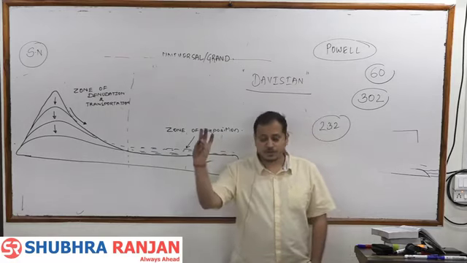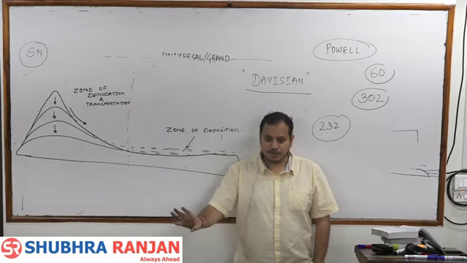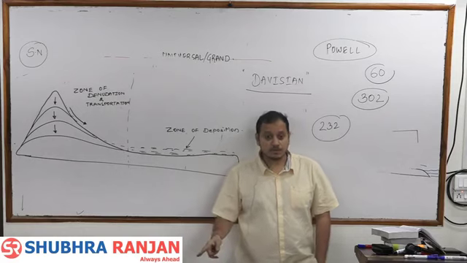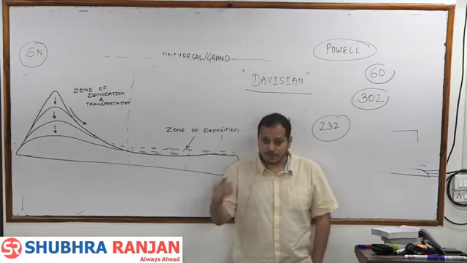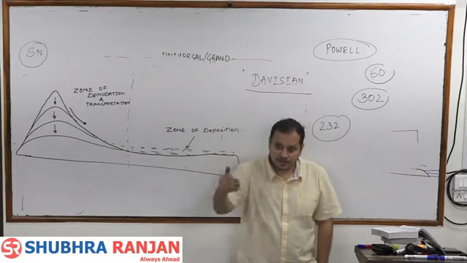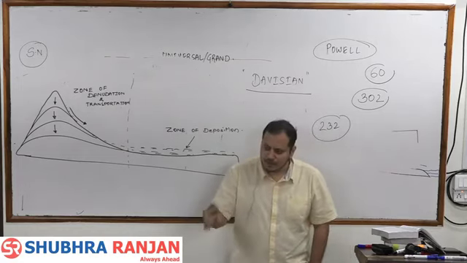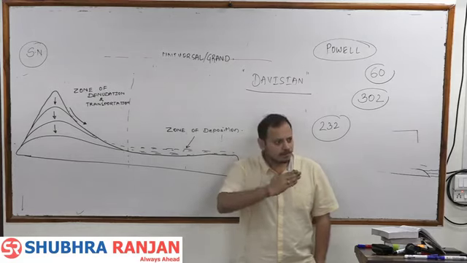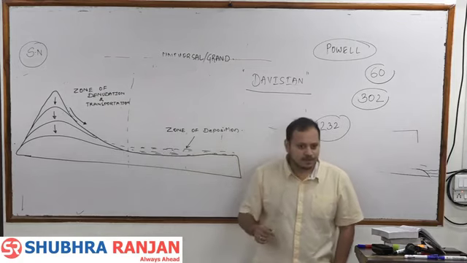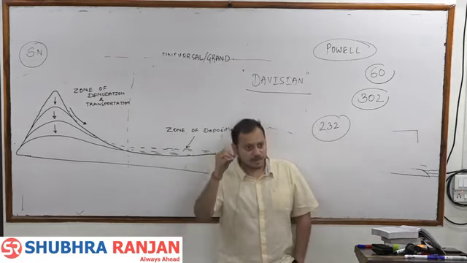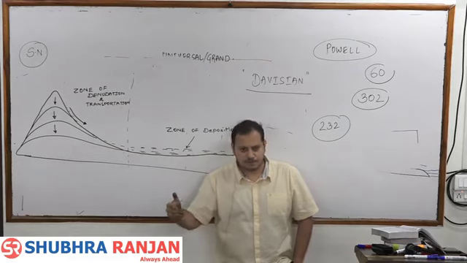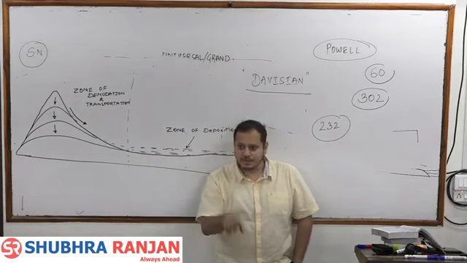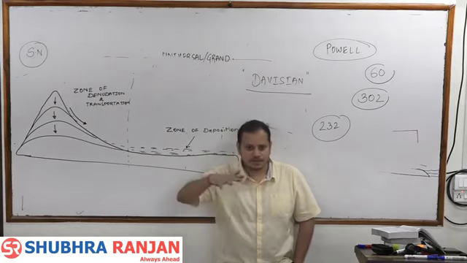If you ask Davis, out of structure, process and time, what do you rate as most important? Davis says time. Every landform will be reduced. Subsequent geomorphologists say time is not an important concept because continents themselves will keep on shifting their position. Right now also, as our lecture is going on, this year we discovered in January itself that Earth's magnetic field is shifting. Why is the magnetic field shifting? Wait for 2-3 lectures. Magnetic field is shifting because the continents are changing position very fast. And whenever the continents change position very fast, you come to know in India through earthquakes. Continent has shifted means earth is shaking.